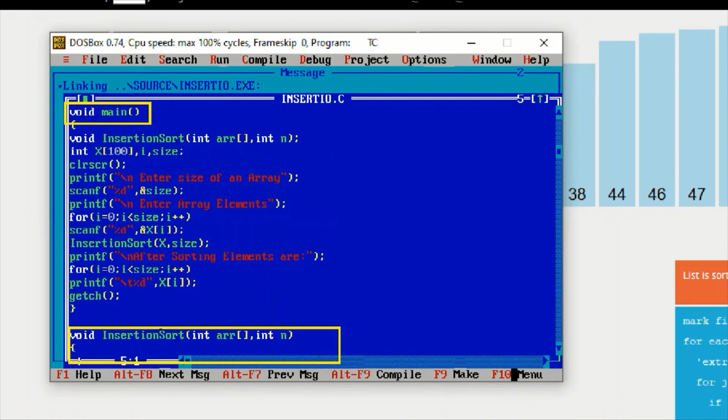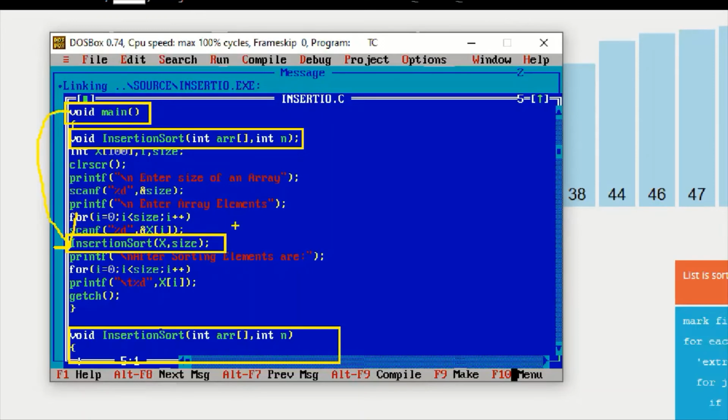This is about the function declaration, and this is called function call. Whenever the main function calls this particular insertion function, immediately a jump occurs from this place to this place. So this is function definition.